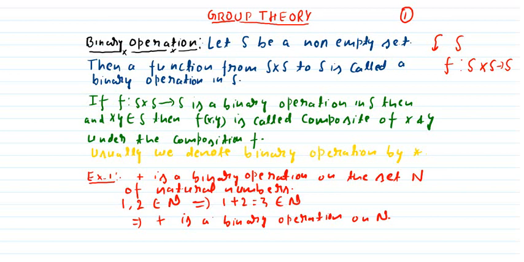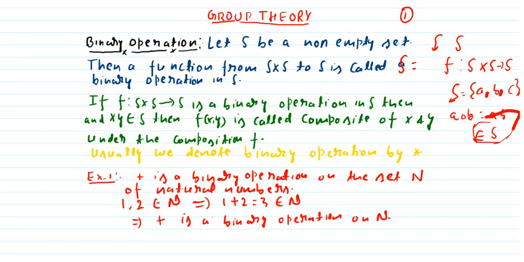We can say that suppose S contains some elements A, B, C, and suppose we apply A O B, where O is any operation, and the new element is AB. If it also belongs to S, if the new element also belongs to that particular set, then it is said to be a binary operation.